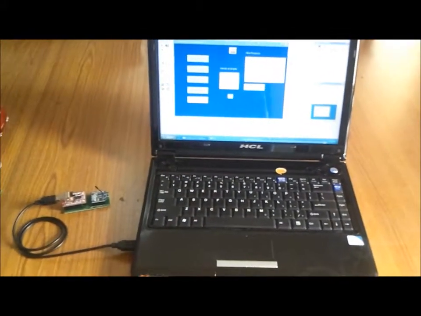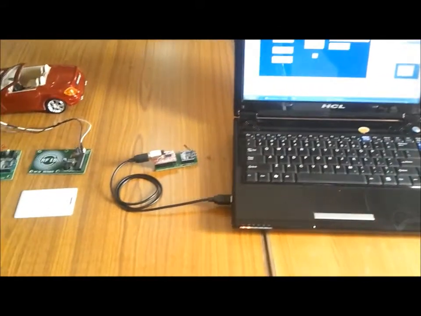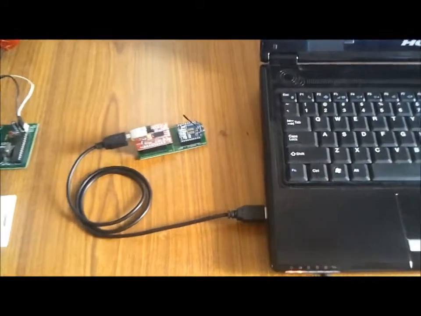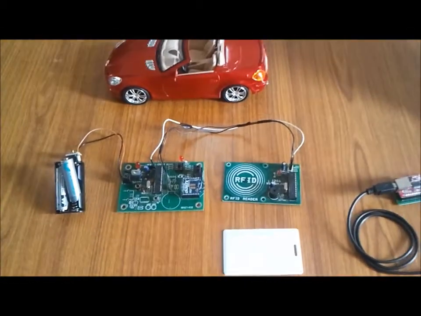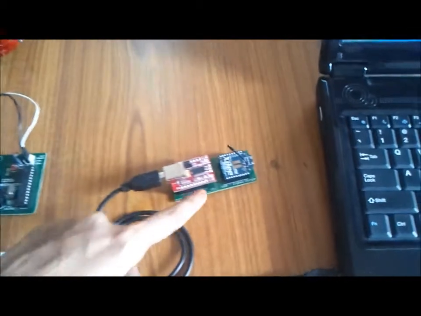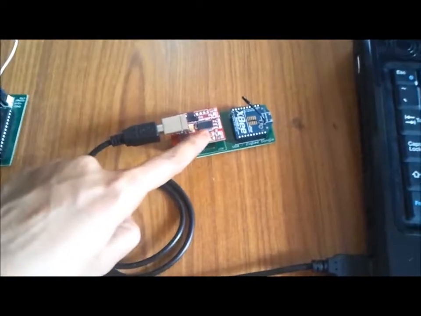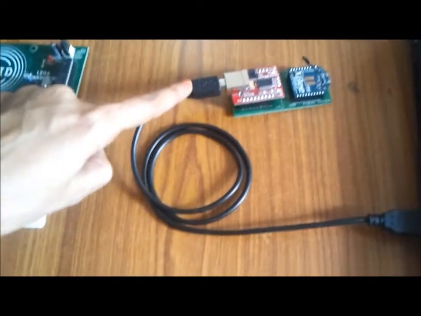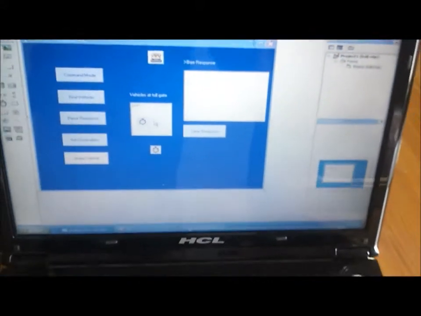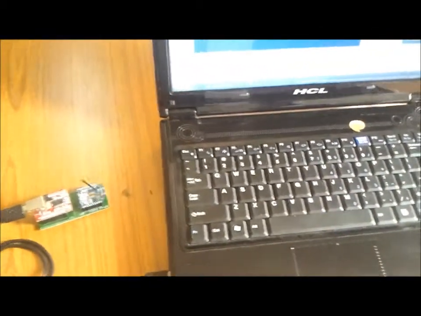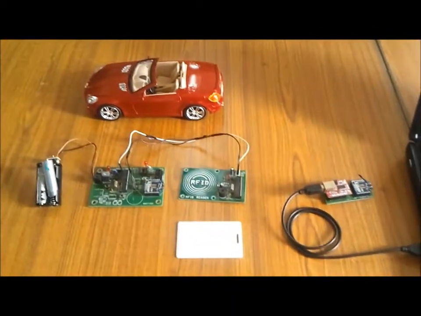Explanation of toll gate unit. A smart toll collection system consists of units at the toll gate and in the individual vehicles. The toll gate unit will have an XB unit interfacing to FTDI chip, which is the USB to serial converter, which is given to PC where we use VB application. This unit will be mains powered and will periodically keep transmitting a beacon message containing the toll gate ID and name.